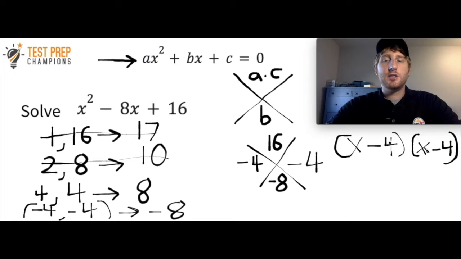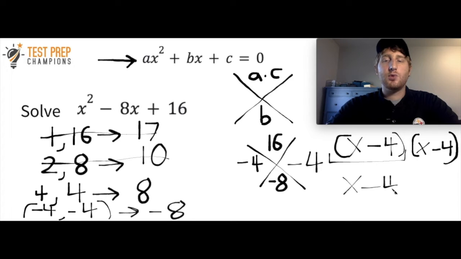And if you wanted to check this, which I'm not going to do for the sake of time, if you've studied the FOIL method before, you could actually use the FOIL method, and you could take this x minus 4 and x minus 4. You could use the FOIL method, and you would turn this back into x squared minus 8x plus 16. We're not going to do that here for the sake of time, but what I want to do is take x minus 4,